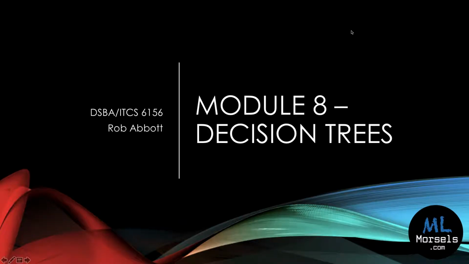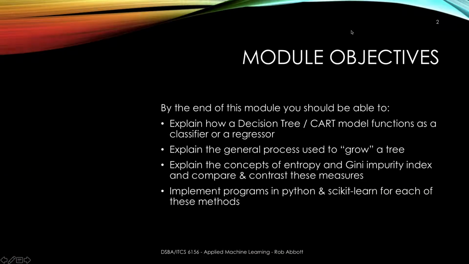In Module 8, we're going to be talking about decision trees. By the end of this module, you should be able to explain how a decision tree, or a classification and regression tree (CART) model, functions as a classifier or a regressor, explain the general process used to grow a tree, understand and explain the concepts of entropy and the Gini impurity index and compare and contrast these measures, and then take the knowledge that you have learned and use it to implement programs in Python and scikit-learn for